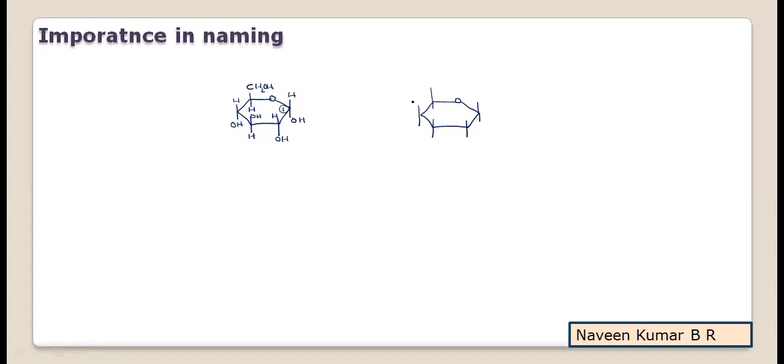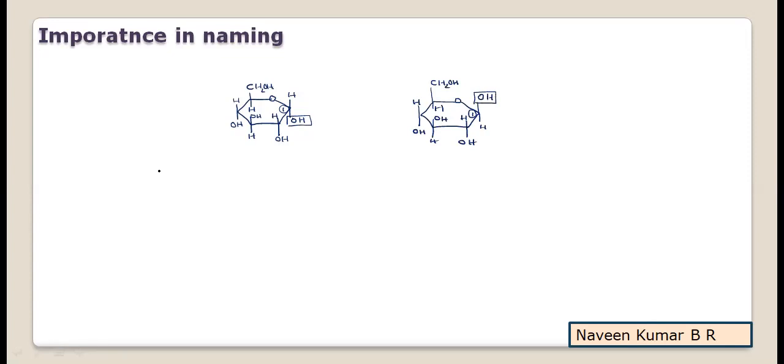Already you learned. So just to give the significance in the name, I am writing a supportive structure. Just an alternate way to remember, CH2OH, H. Then H is ended, hence for the next carbon you start with that H, OH. Next OH, H. Next H, OH. As we have written alpha here, the other structure we will consider as beta. To differentiate that, I am writing OH above. Now OH below indicates alpha, OH above indicates beta on the anomeric carbon.